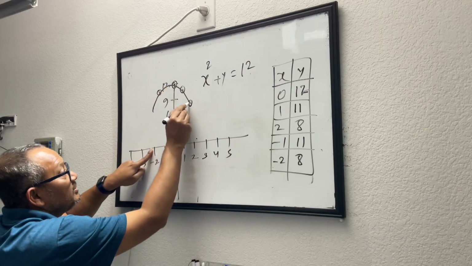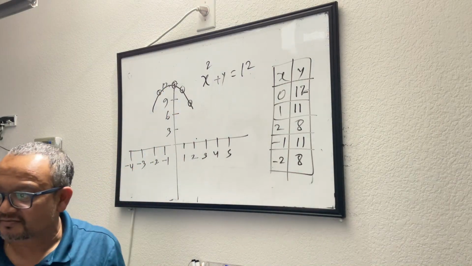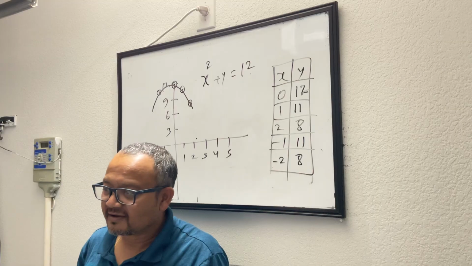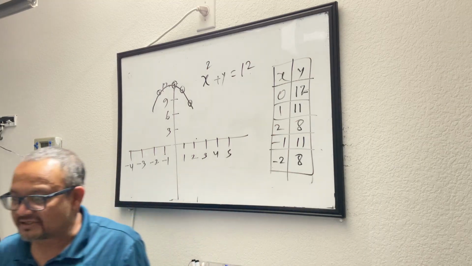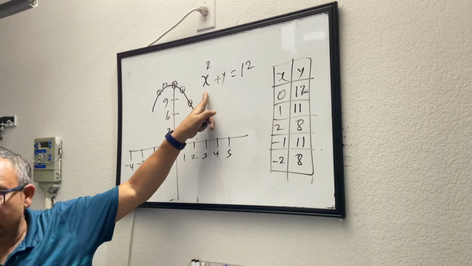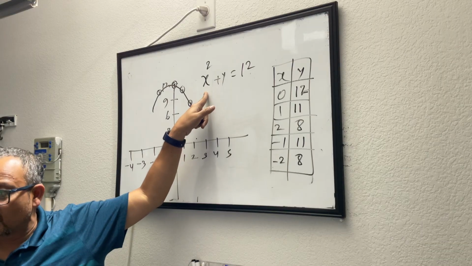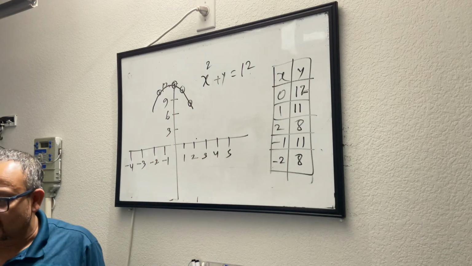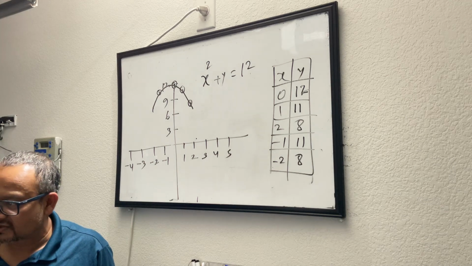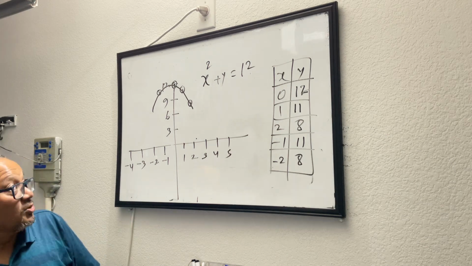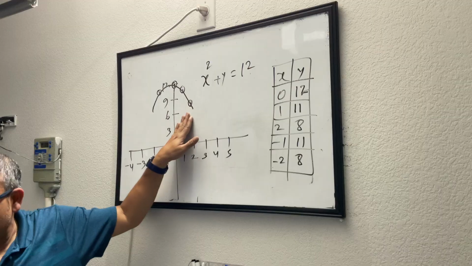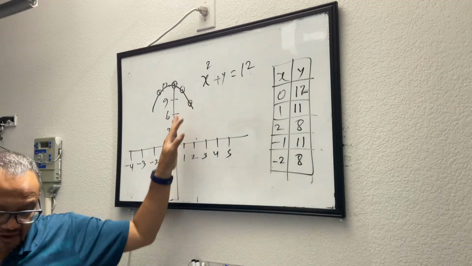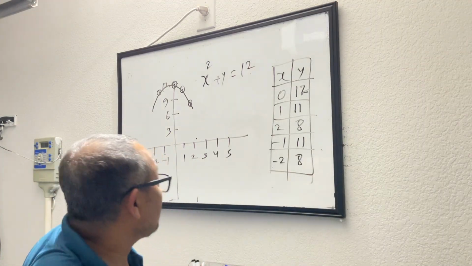Look at this. By no means this can be a straight line. What did I do? I changed the power of one of the variables from 1 to 2. Life got more interesting for us. So again, I don't want you guys to get worried about it right now. We have time. We are not in a hurry. So what I was trying to say was,